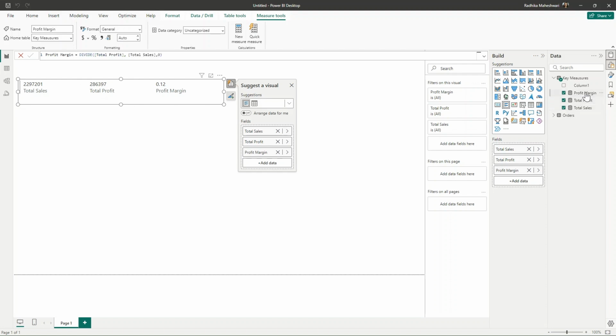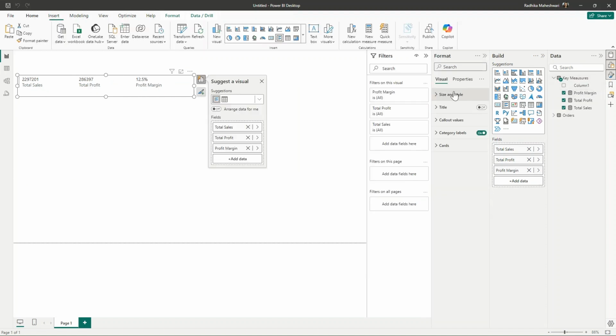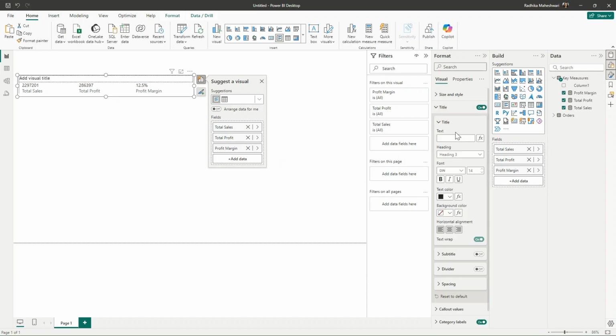Profit margin, this is a percent. So I will change this into a percent. And the decimal places is just one decimal place so that I match what is there in the challenge. Let us just format this. So for formatting, I'll go to formatting pane and turning on the title which says summary matrix,